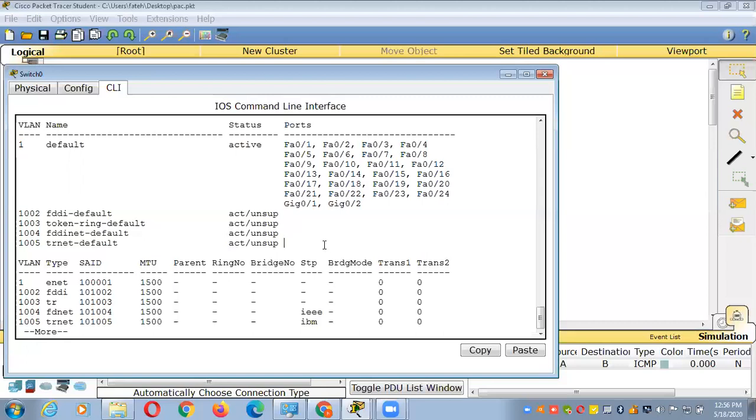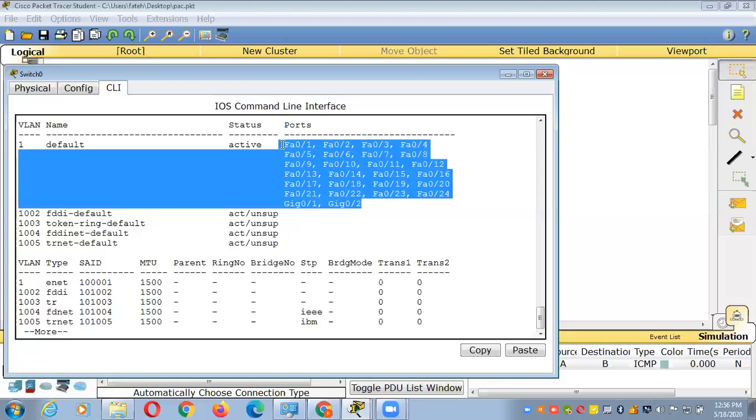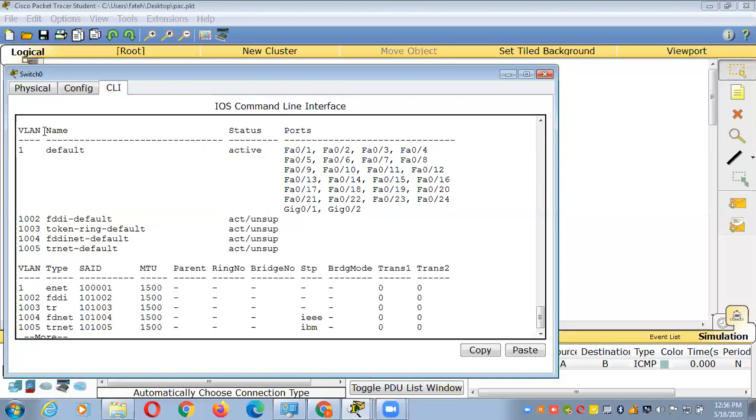See, my question is, if your switch received the ARP request from computer A, what will the switch do here? The switch will send the ARP request to all the interfaces of the switch. Why? Because all switch interfaces are in VLAN 1. That's why. Okay, sir. Okay, got this.